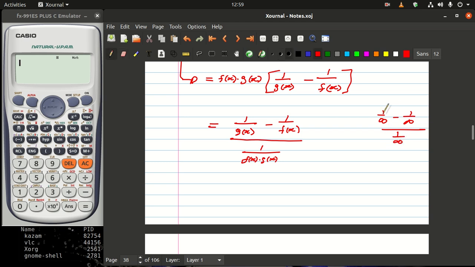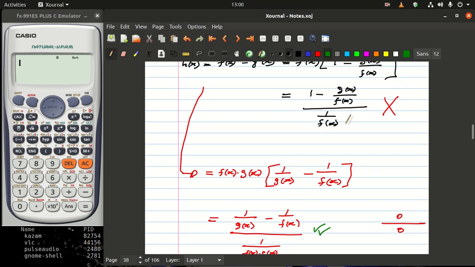And then of course 1 over infinity, we know that 1 over infinity is just a 0, and then 1 over infinity, we know that it is a 0. 0 minus 0, we know that it is a 0, and then 1 over infinity is a 0. So we have actually converted that function to belong in this particular group here. That is why we usually say this one is one of the right ways of converting this function